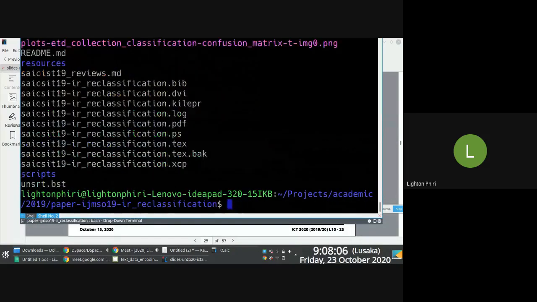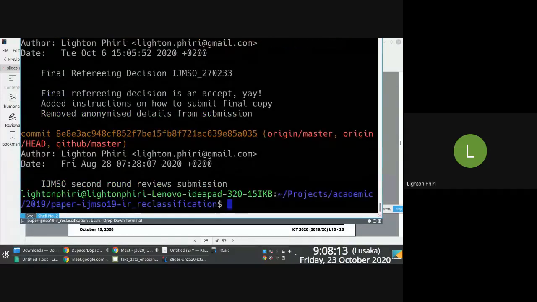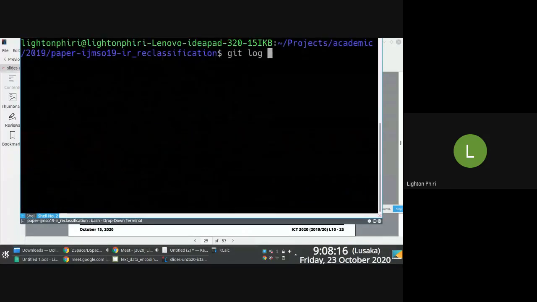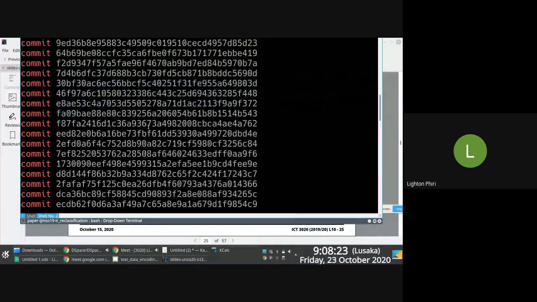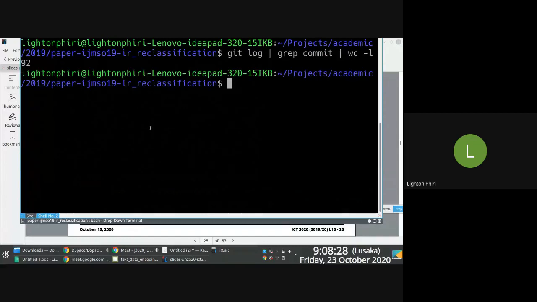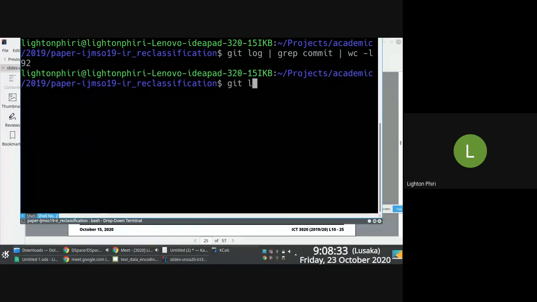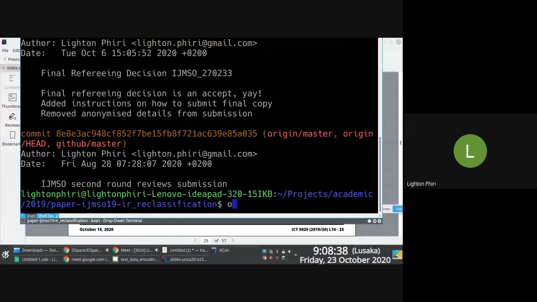If you notice, if I do a git status here, I have a whole range of commit messages. In fact, I can just say git log. You notice that I have all these different commit messages, right? A whole ton of them. These are different changes I've made for the last 1.5 years in this document. It's still work in progress, by the way. 92 commit messages. Each of these commit messages represents a version of the document at a particular point in time. The current version of the document is this,